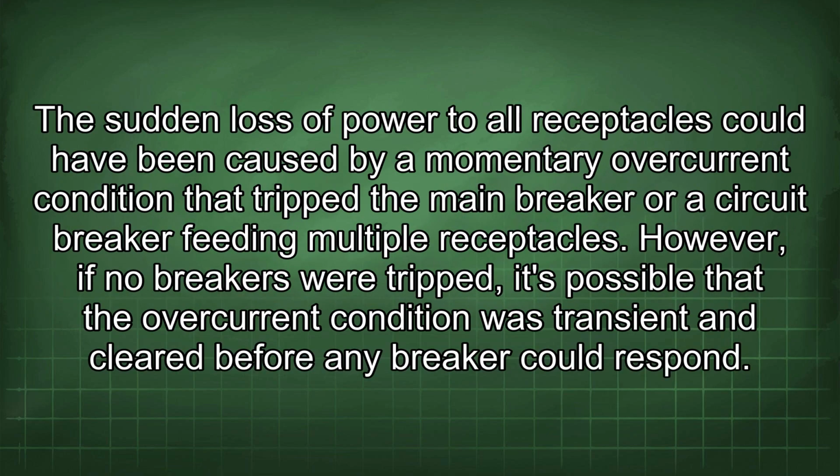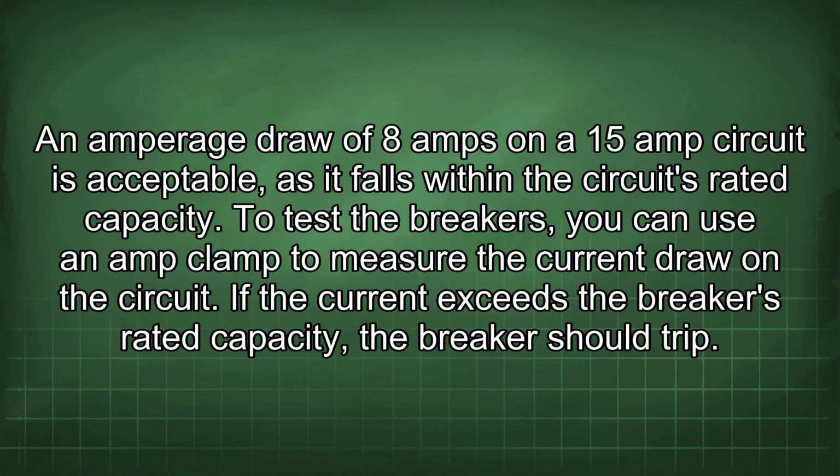The sudden loss of power to all receptacles could have been caused by a momentary overcurrent condition that tripped the main breaker or a circuit breaker feeding multiple receptacles. However, if no breakers were tripped, it's possible that the overcurrent condition was transient and cleared before any breaker could respond. An amperage draw of 8 amps on a 15 amp circuit is acceptable, as it falls within the circuit's